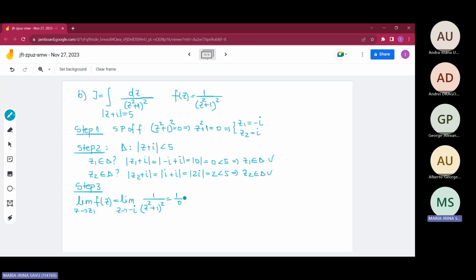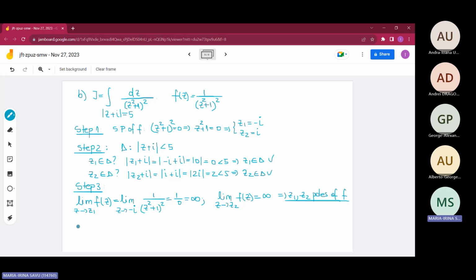And this is 1 over 0, so infinity. Also, the limit when z goes to z2 of f of z is infinity. So we have that z1 and z2 are poles of f, and in order to find their order, we have